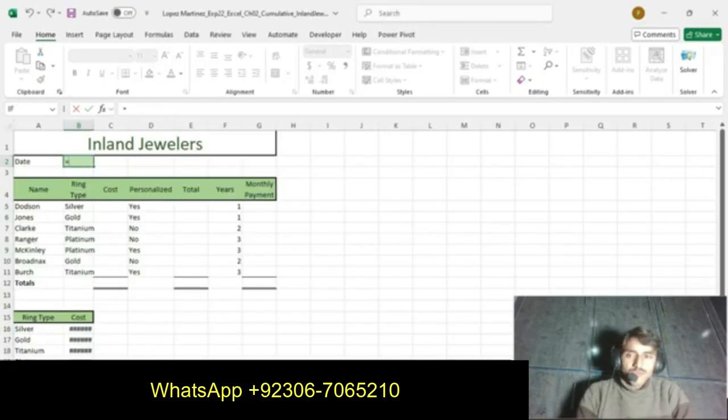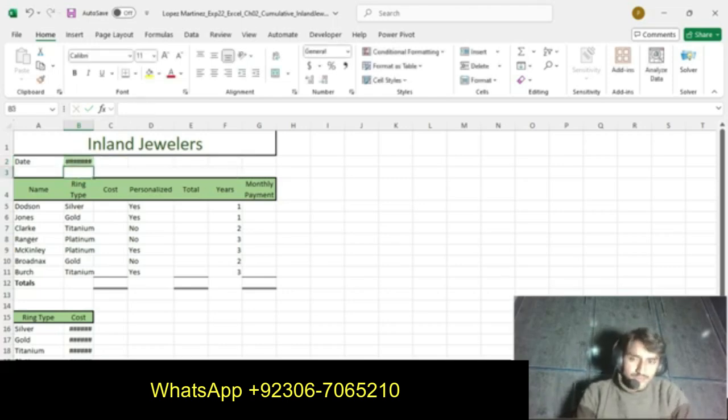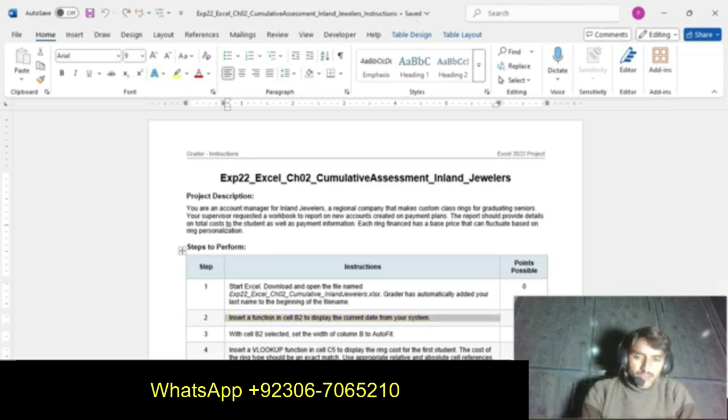We apply here only the TODAY function and we get the result, our date. So we get our current date from this function. Our step number 2 is completed.